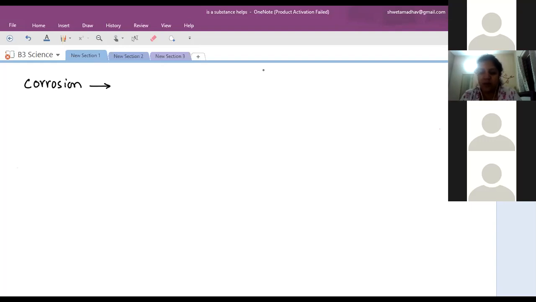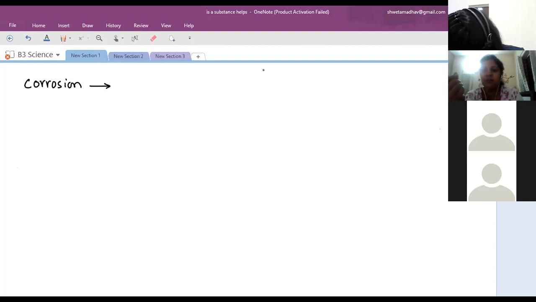Just like the example of rusting of iron. We prepared an iron almirah, or we were using an iron chair, and slowly if it is not painted properly, then it gets corroded, that is, it gets rusted. So over the iron chair the rust is formed. Are the properties of rust and iron the same? No, ma'am, they are not the same. Iron has very high tensile strength, and that rust, which is an iron oxide, is completely brittle. Easily we can break it with our fingers only.